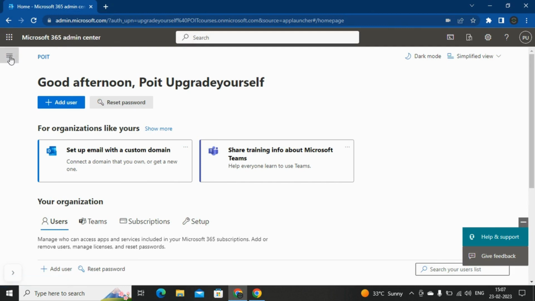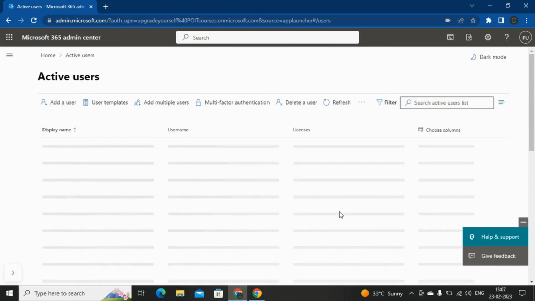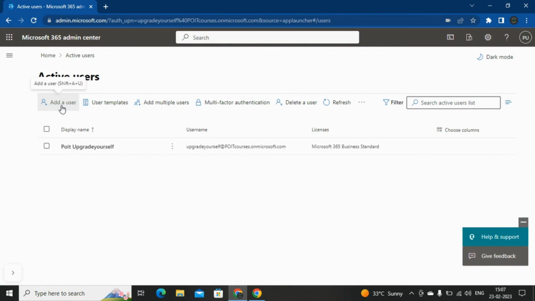So first, let me go to the navigation menu, and from here we need to go to the users, and under users you need to select the active users. So from here you can create an account. So let me click on add a user,